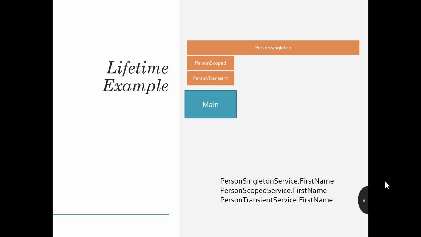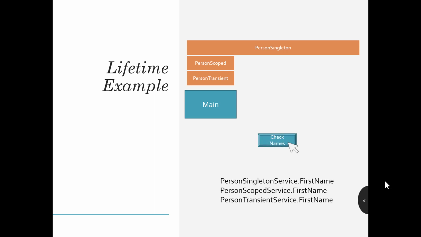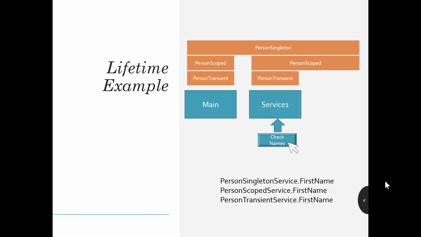And first we'll do that in main. And then I'll have a Blazor form that will have a check names button. When you click on that, it will call a service called service 1. And service 1 will use the transient person service, the scoped person service, and the singleton person service. And we'll once again print the first name to the debug console, so you see how it reacts there. And then service 1 will call service 2, which will also define the person transient, the person scoped, and the person singleton service. And we'll once again print off the first name field